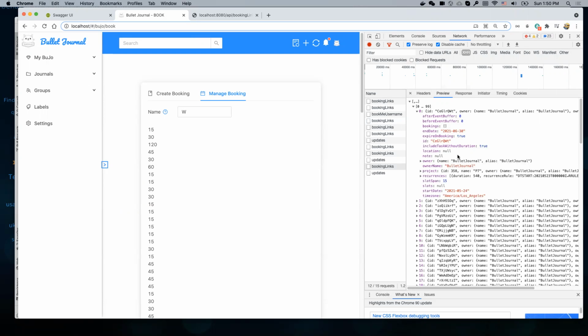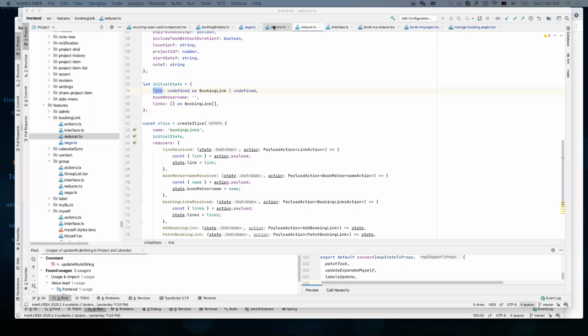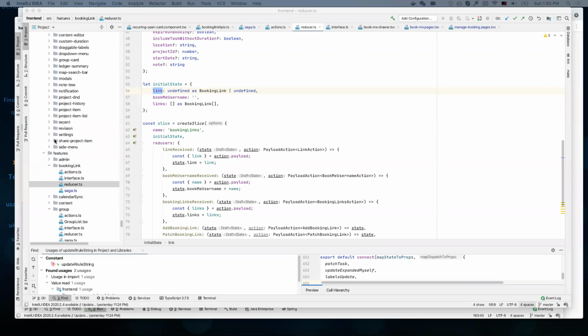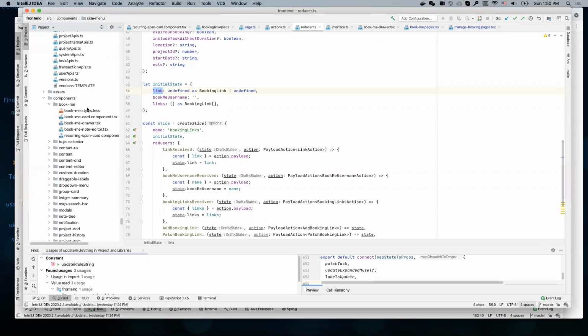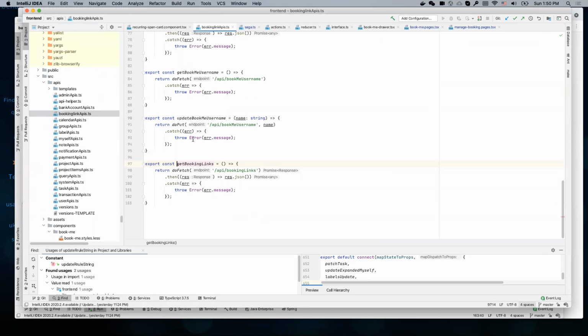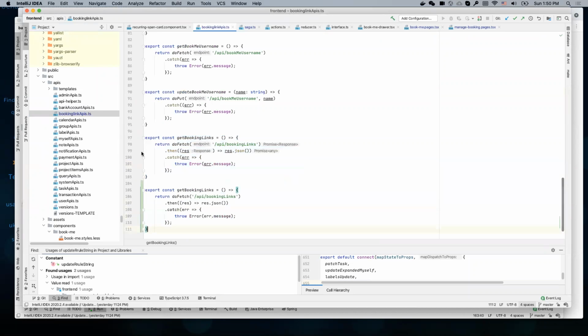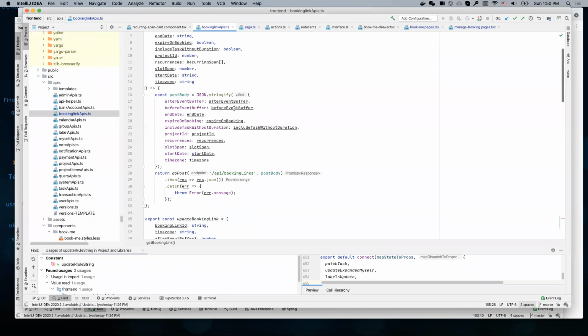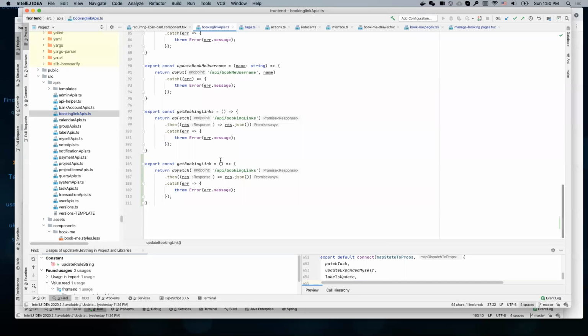Okay. Yeah, I mean, if we kind of like finish this a little bit, let's go back to the API. Maybe if I don't write it, it's not super clear. So maybe I just write a little bit. So basically, here what you want to do is you want to pass get booking link, right? So first, when you get it, you need the booking link and you need a time zone. The reason for time zone is